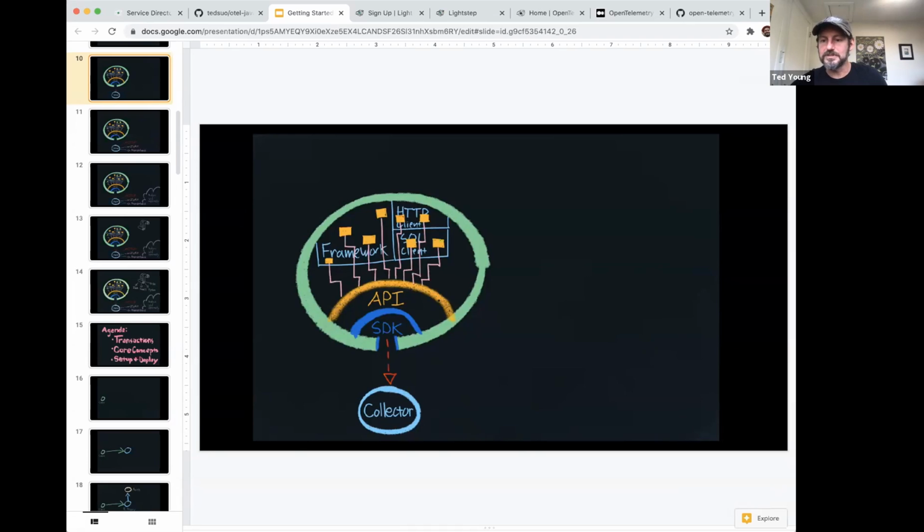Daniel asks, can OpenTelemetry Tracer propagate context with multiple propagators while injecting and extracting? Yes, we can. So OpenTelemetry comes with what's called, I think, a compound propagator. We used to call it a stack propagator.